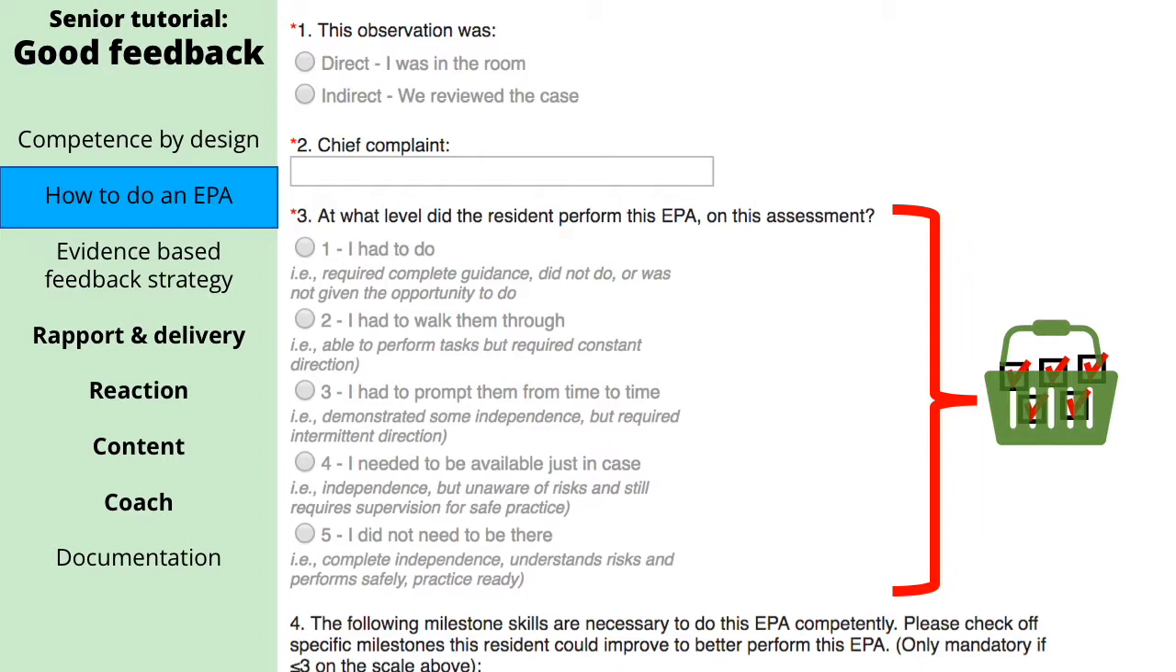So, did you need to step in and take over? Or could the resident have done the task completely independently? Or perhaps something in between? It's important here that you use the full scale. It's totally expected that a resident on her first day of residency is not going to be able to do certain tasks unsupervised. So saying that she could do a task independently when she can't is not doing her any